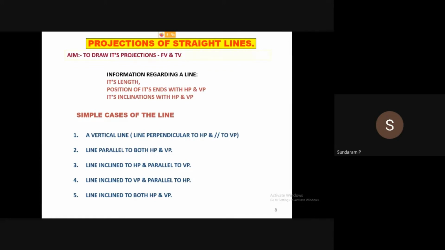Next one. Suppose you place a pen or pencil in front of your screen. Suppose you are sitting in front of your computer, you can assume your table as the ground, and your screen, your window, you can assume as a wall, the vertical plane. Suppose you keep your pen or pencil perpendicular to your ground. Perpendicular to the ground means parallel to the wall. Suppose you are assuming it perpendicular to your screen, or perpendicular to the vertical plane.